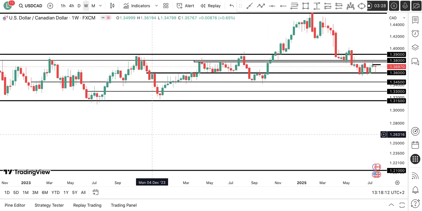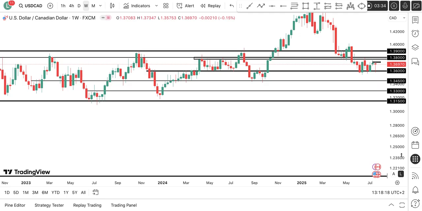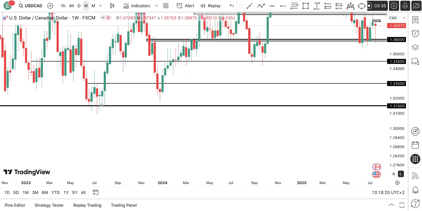Now on the weekly time frame, all you have to do is look left. You don't have to do anything but look left. If I look left over here, I'll see a chart pattern right here. That's why this is where I place my area of interest, right? This is the most previous chart pattern before this level, right? But I think I place my, sorry, not my chart pattern, my area of